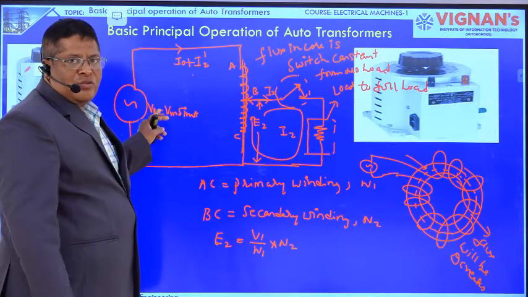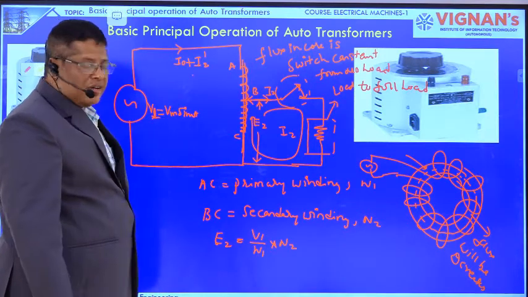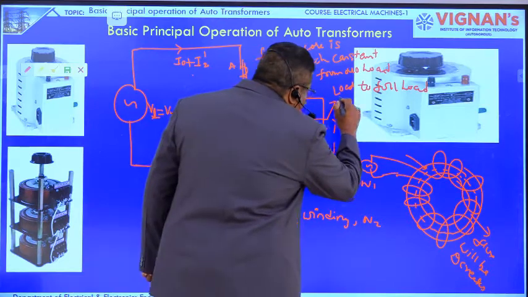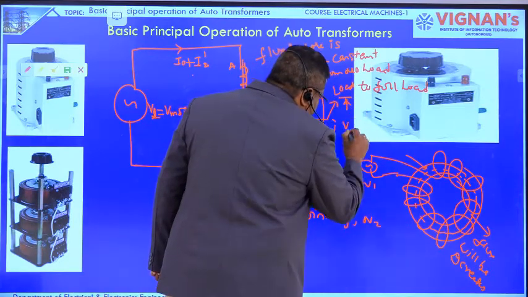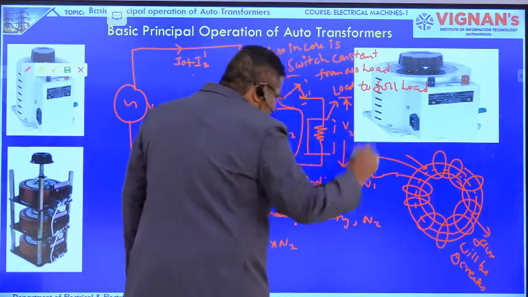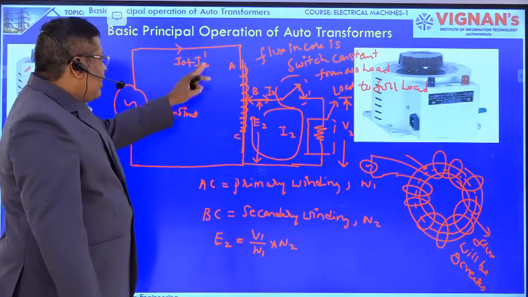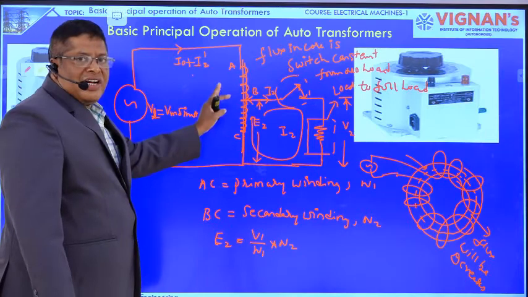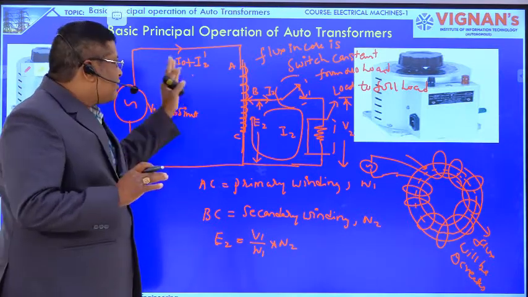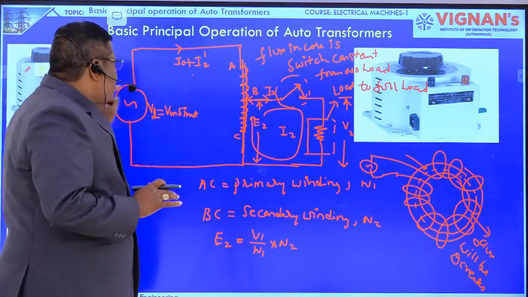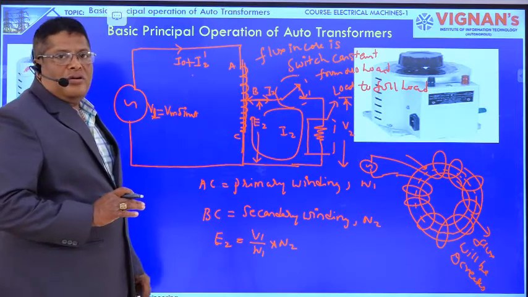Up to here we have taken the source voltage that we are modifying as V1. The voltage which is available across the load, that you take as V2. Now, if we neglect losses, this is the ideal transformer, nothing but there is no loss occurring in a transformer. Now the input power equals the output power.